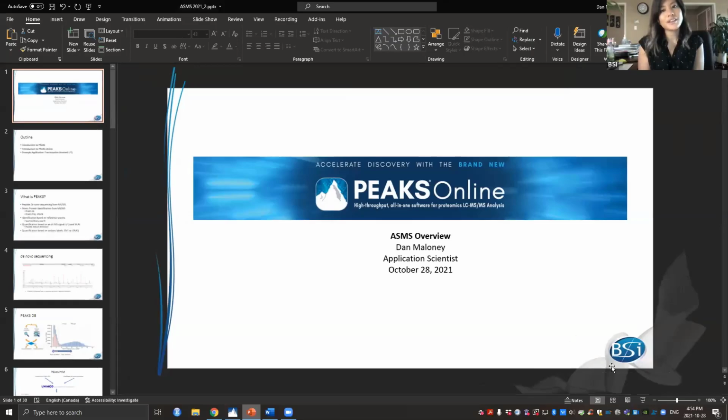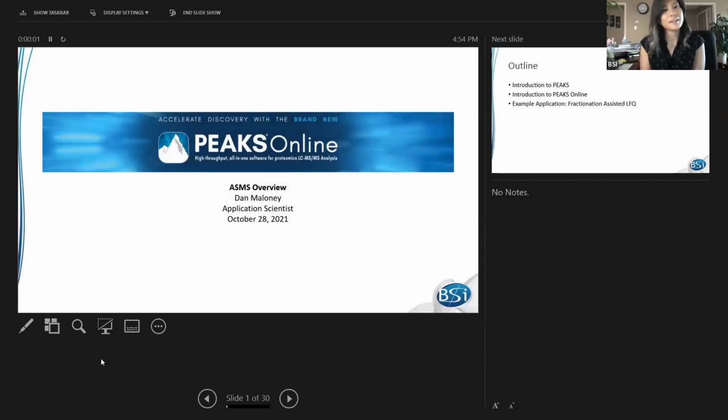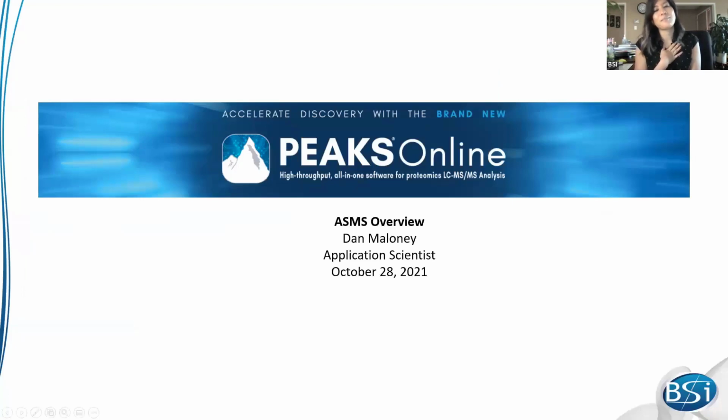Those who are familiar with Peaks will most likely know Dan as well. Dan has been at BSI for over 12 years as one of our application scientists. And it's unfortunate he's not going to be attending ASMS this year, because I think that's how many people end up finding our booth. You end up seeing his head over all the other ones. And in addition to providing support at BSI, he also has a research interest in the regulation of protein activity. He's currently collaborating on a research project at the University of Guelph to discover the regulatory pathways